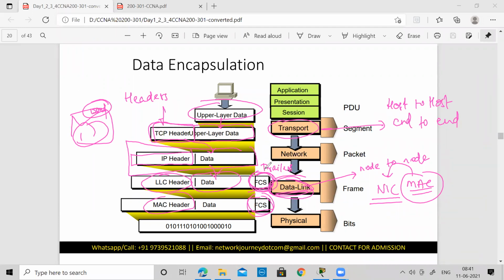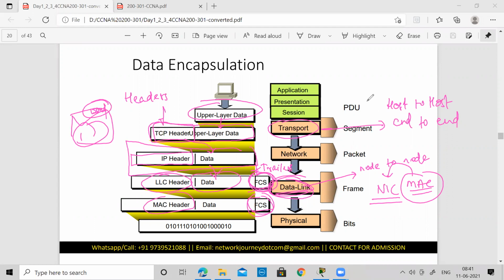So it calculates the frame check sequence on its own, and it will again verify it with the given frame check sequence which has come along with the frame. If both are equal, then they will say that there is no error. And if there is an error, it will either drop the message, or else at the transport layer, anyway, it is going to ask for retransmission if any of the frames is missing.